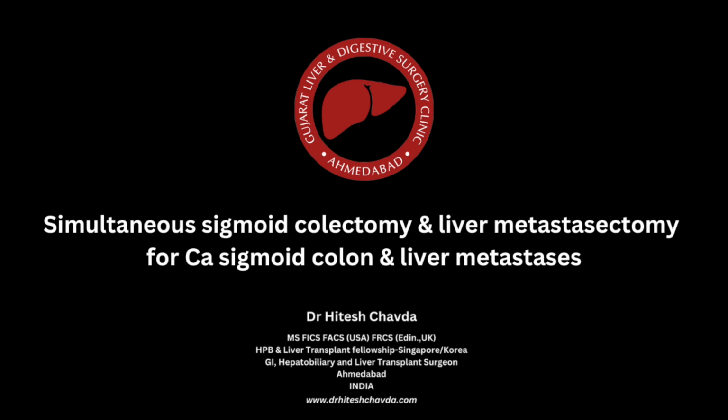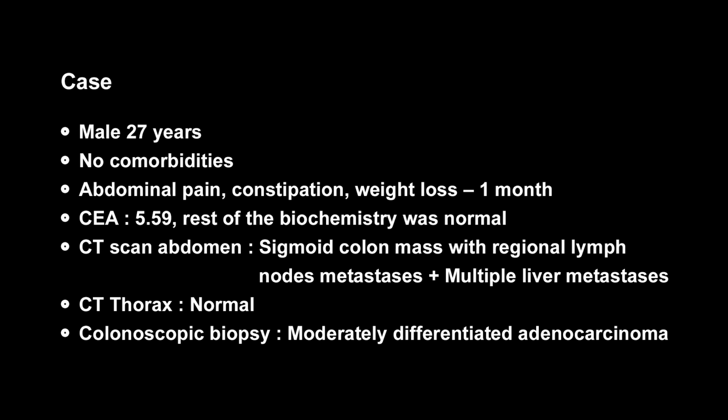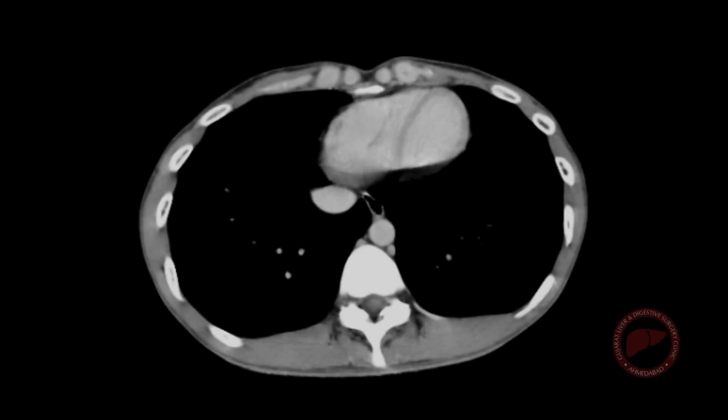This video illustrates simultaneous sigmoid colectomy and liver metastasectomy for CS sigmoid colon and synchronous liver metastases. This 27-year-old gentleman presented with abdominal pain and constipation. His tumor markers were normal and a CT scan of abdomen showed a sigmoid colon mass with regional lymph nodes